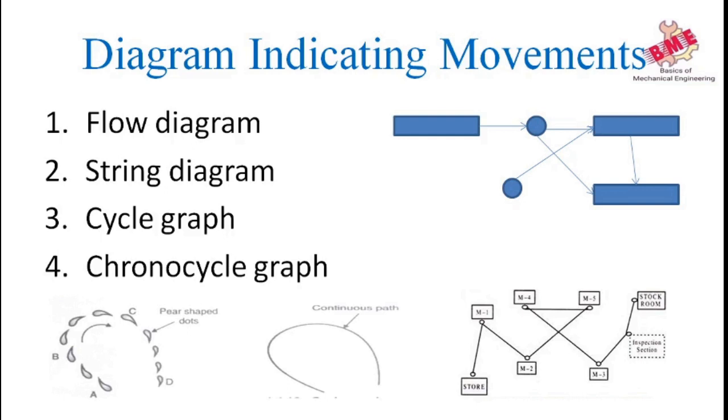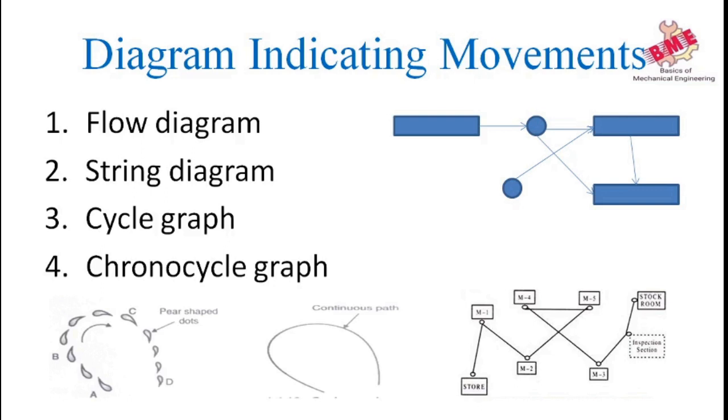A chronocycle graph uses a series of bulbs that are tied to the hands or fingers of the operator. The bulb interrupts the light source 10 to 30 times per second. Thus, instead of recording the path of the movements as a continuous line, the chronocycle graph records the same in the form of pear-shaped spots on a photographic plate as shown in the figure. The pointed end of the pear-shaped spot shows the direction of the movement, and the shape and the spacing of these spots indicate whether the speed of the working is increasing or decreasing.